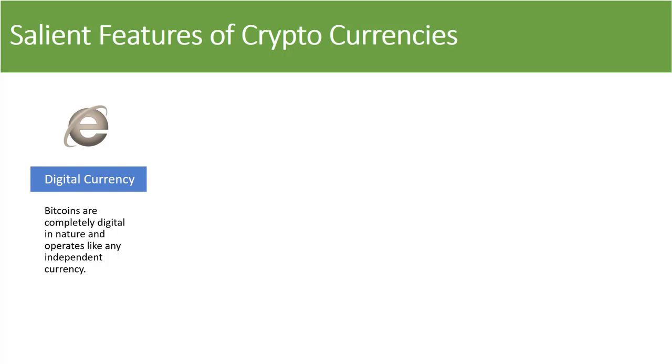The first feature is that it's a digital currency. So it's again just digital values being moved from one digital device to another digital device, whether it's a laptop or a phone. It's essentially an account that can be opened anywhere. It's like an email. So there's no need of actual physical hard currency anymore. It's just a data point, like your bank balance, or the amount of money you have.